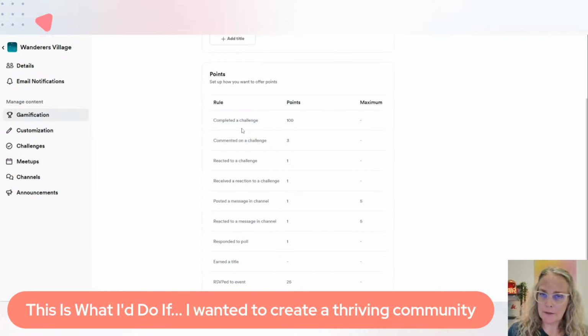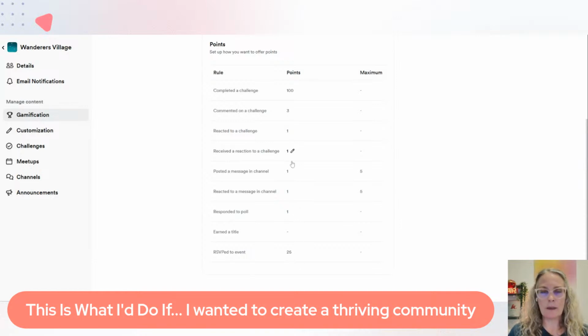So for every activity that someone does within your community, you can choose a number of points that they get. These are all set to a certain amount, but you can absolutely go and change them. Then on that points tally, that will add up, and you can have rewards, whether that is under the actual leaderboard, like the total number of points per